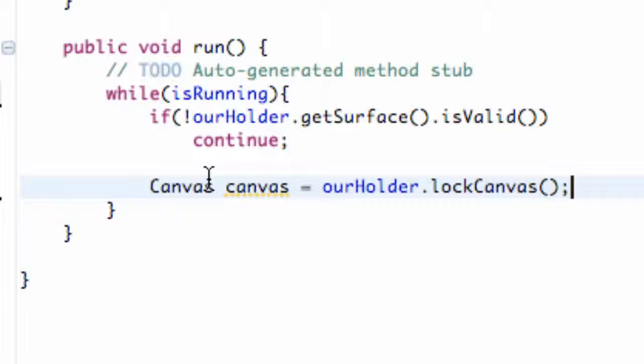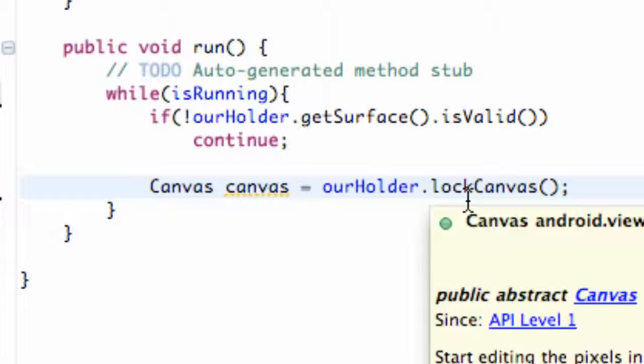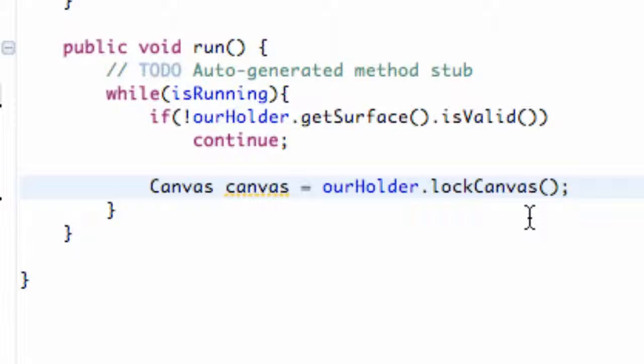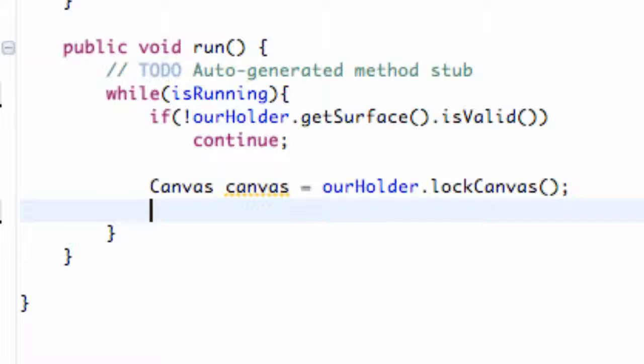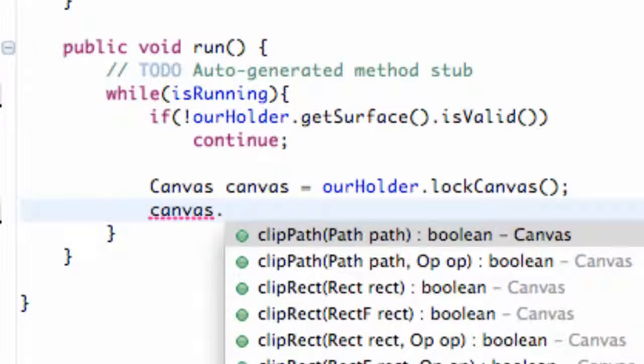So basically what's happening is we have this masterpiece, we have this great idea, and we want to paint it. So we're going to lock our door, and then we're going to paint on our canvas, and then we're going to unlock our door and show the whole world what we came up with. So we're locking the canvas so no other classes, no other activities, no other threads can access this canvas. That's the point of locking it. Once it's locked, this is where we're going to start drawing on it. So we're going to say canvas dot draw